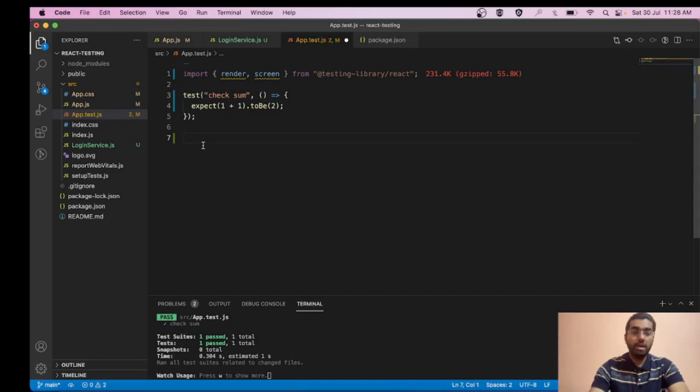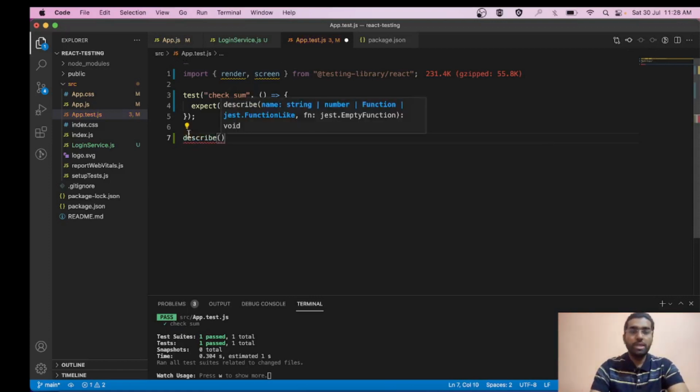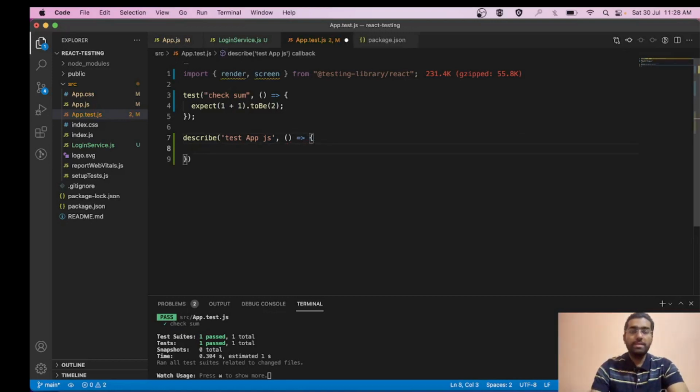One test case. Now if you want to define your test suite, how can you do that? A test suite basically comprises many test cases, using describe. Using this describe you can define your test cases. Over here we can say test App.js, and just give that a function, and inside this test suite we will have different test cases.